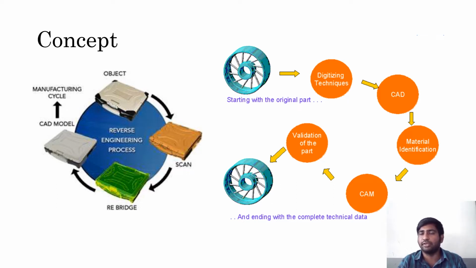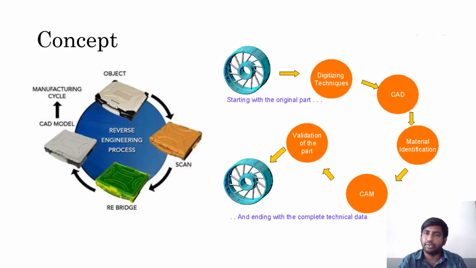After that, in CAD software, we have to segment the surfaces with the cloud points. After the 2D structure, we create the 3D model. After the 3D model, the material will be selected. After the material identification and selection, it will be transferred to a CAM machine, any CNC or any RP technique. After that comes the validation of the part, whether it is okay for manufacturing. That will be checked here. After that checking, finally the wheel is created.